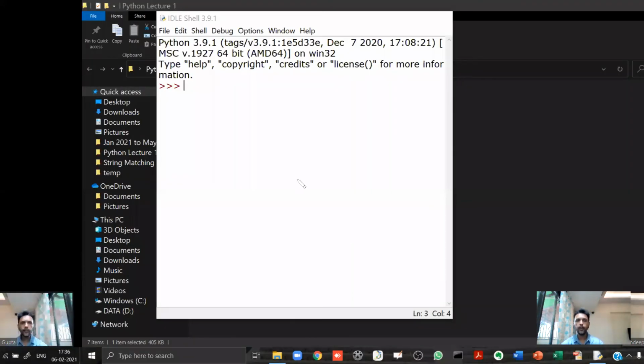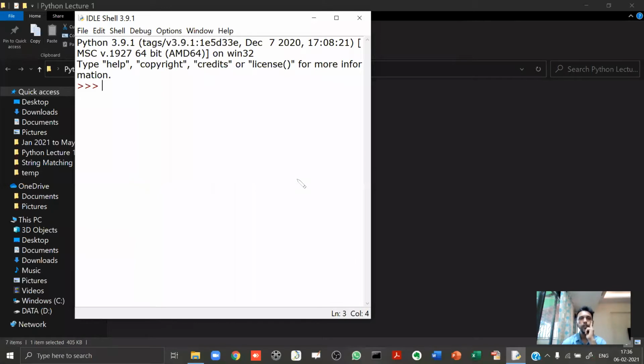let's open our shell. Now I want you guys to open your shell also. If possible, please open the shell and try to do what I'm doing over here. In your shell you can type something like 7 divided by 2. Now, this is the normal division operator, and see for yourself what the answer is. When you hit the enter key, you get 3.5.